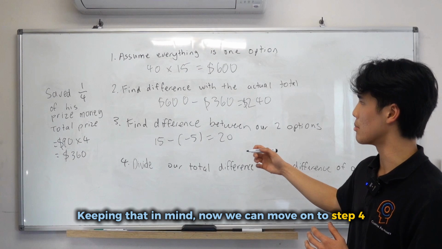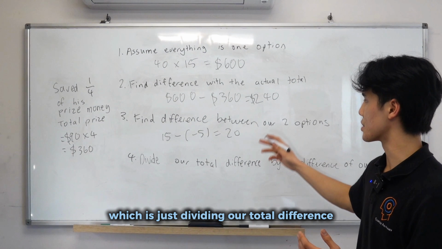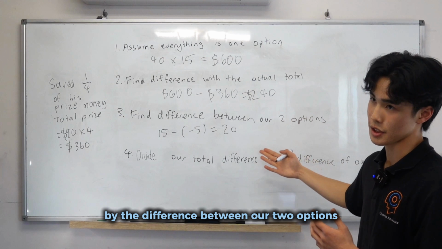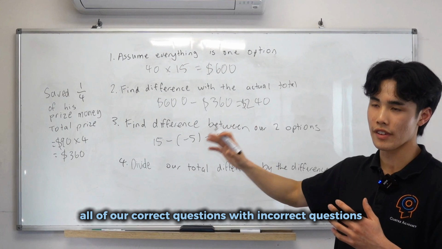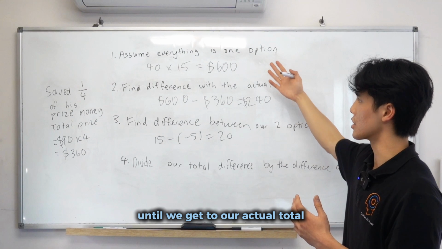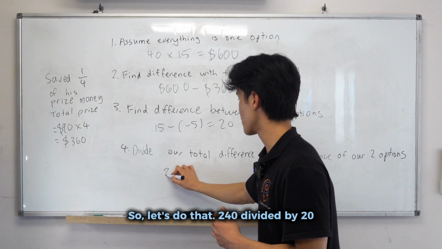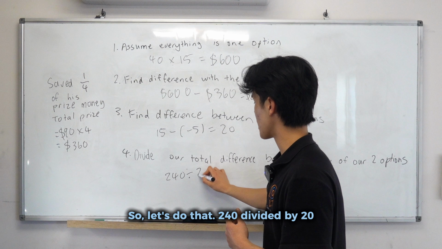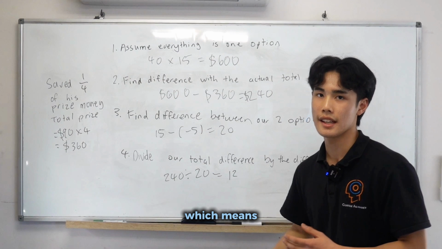So keeping that in mind, now we can move on to step 4, which is just dividing our total difference by the difference between our 2 options, because that represents replacing all of our correct questions with incorrect questions until we get to our actual total. So let's do that. 240 divided by 20, that's just going to be equal to 12,